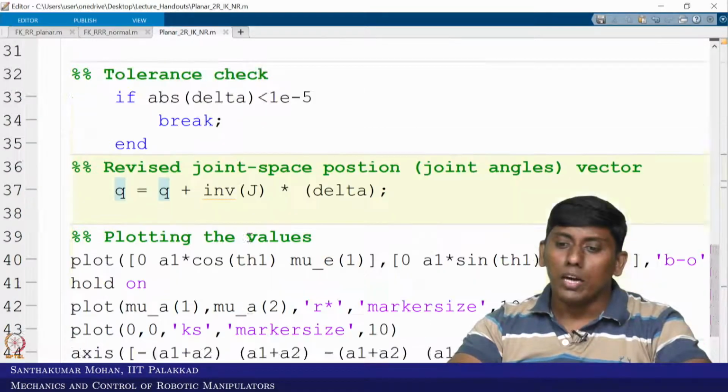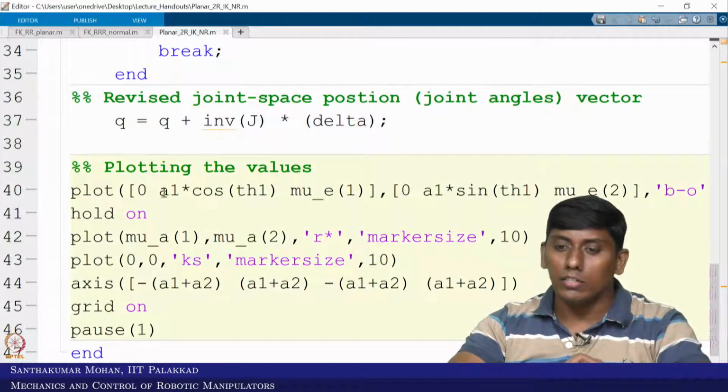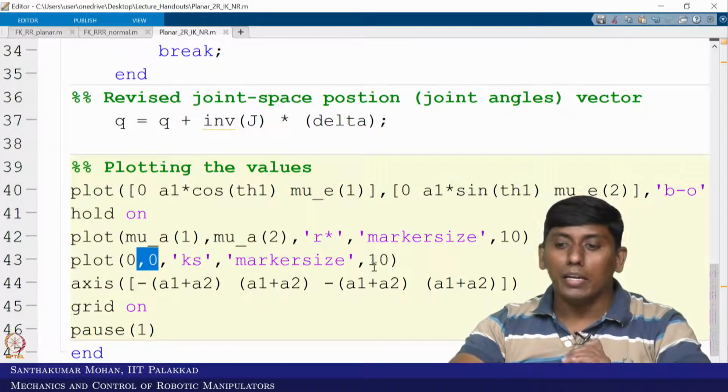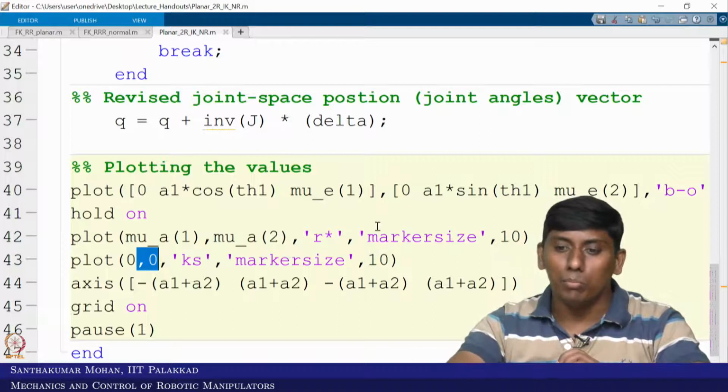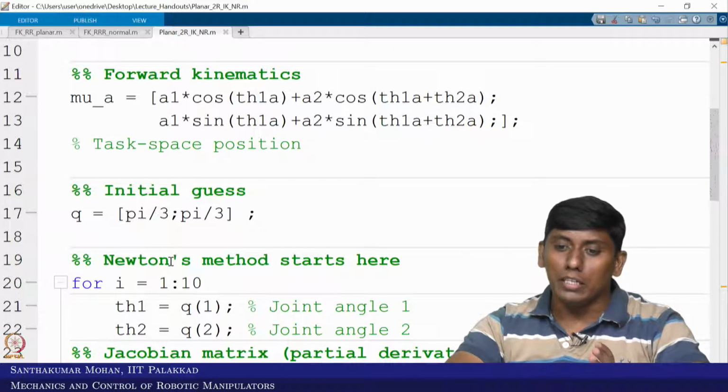So once this is known, I want to plot. For that I am just drawing a 2R serial manipulator, where I take an origin, then the first joint position, in the sense that is the origin, the second joint position, and the end effector. Okay, this is x0, x1 and x2. In your case it is supposed to be x0 and x1 the same, then x2 and x3. Then I am showing the given value and the origin, and how my count keeps changing, that it would be showing. So right now we have taken a random guess, which is pi by 3 each.